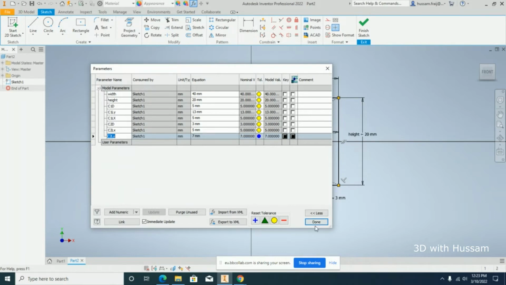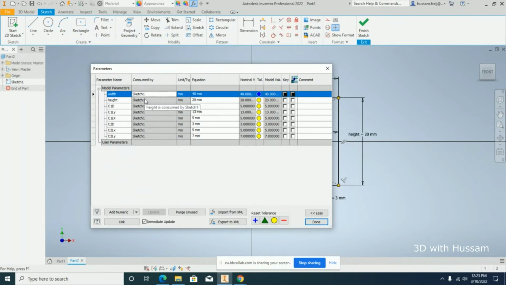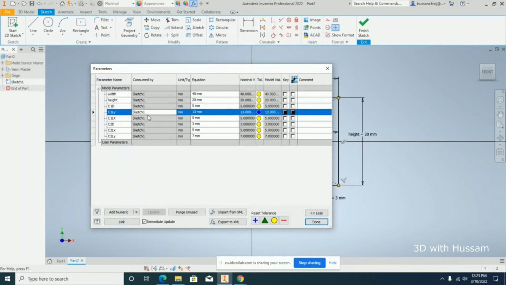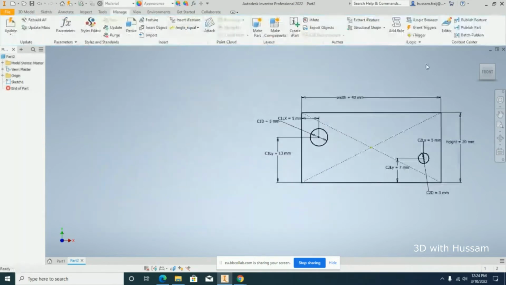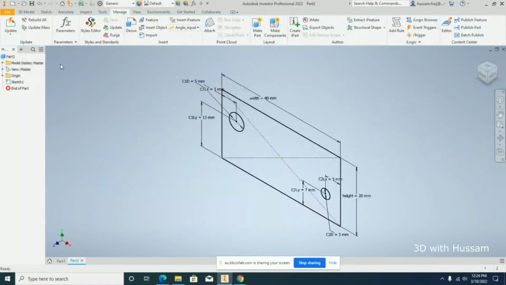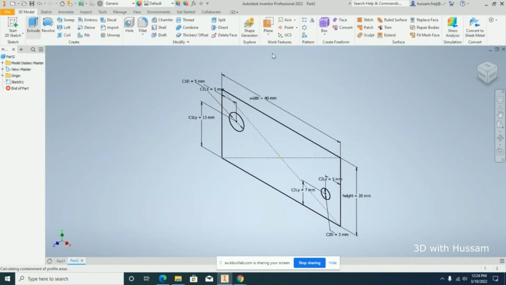Okay. Now if I look here at consumed by, that means which part of the Inventor used this one. In this case, it's called sketch, because I am in the sketch mode. See here in the top, sketch. If you click done and click on finish sketch, and now go to extrude and click on extrude